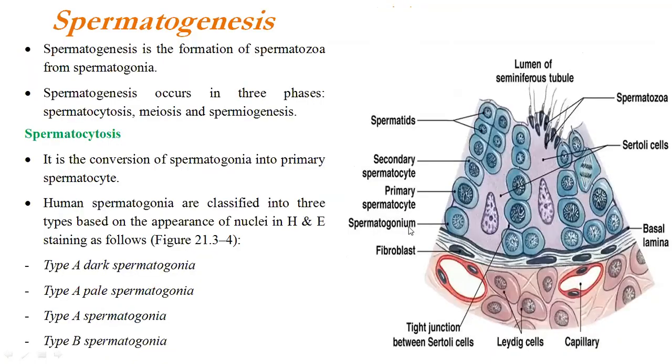I will show you with the other picture. See, this is the basal lamina and this is the lumen. From here till the lumen, we are finding the arrangement of developing spermatogonia. Spermatogenesis is taking place. You can see spermatogonia type A transforming into spermatogonia type B. From here, you will see the formation of primary spermatocyte, then secondary spermatocytes, then the formation of spermatids. The spermatids will transform into mature sperms, which are seen in the lumen of the seminiferous tubule.